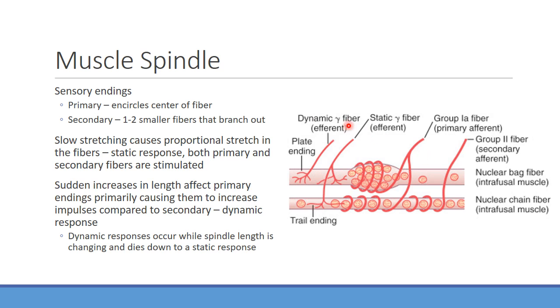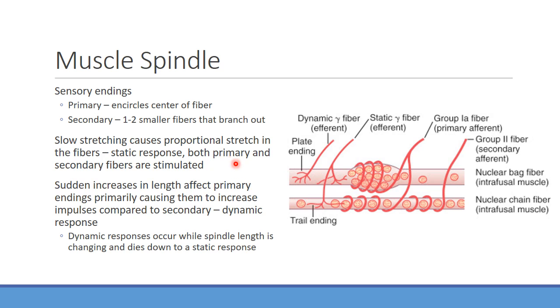Okay, so as far as the sensory endings go on those muscle spindles, there's going to be primary and secondary fibers that occur here. So you can see an example of what a primary fiber looks like here. Mainly going to be focused on the center of the muscle spindle, and then you can have the secondary fibers, which tend to branch out a little bit longer. They're going to typically surround a larger area of the muscle spindle, and so it's important we have a balance between the primary and the secondary sensory neurons here,